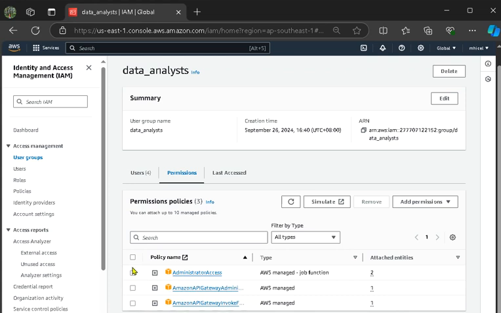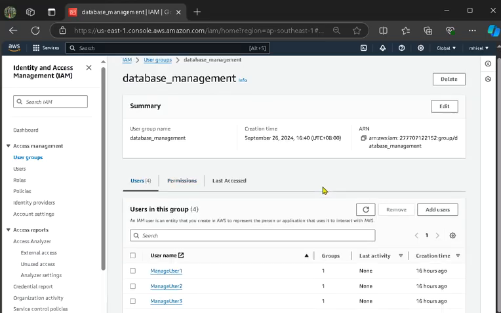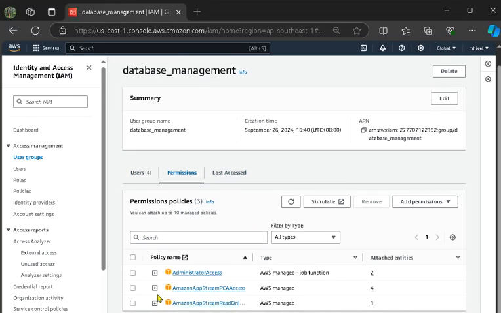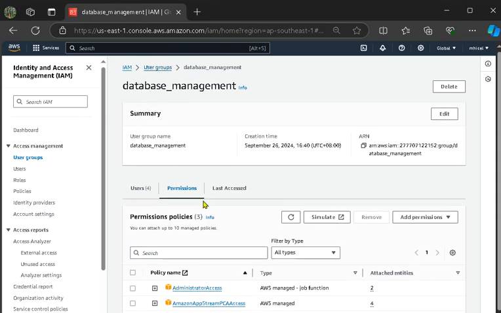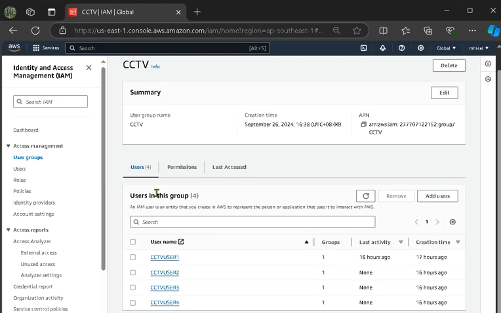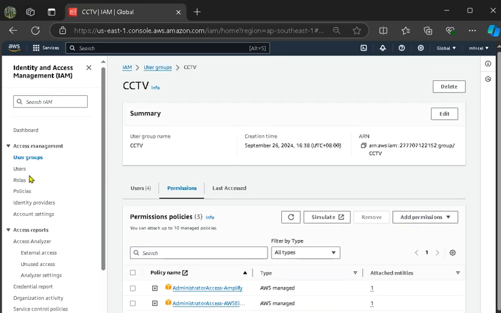Also in data management I have 3 policies, and in CCTV I also have 3 policies here.